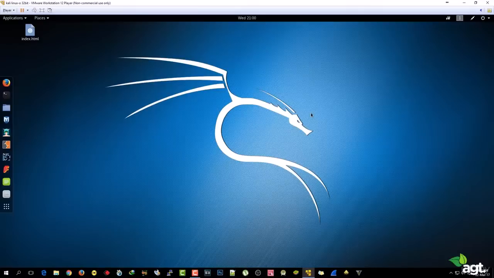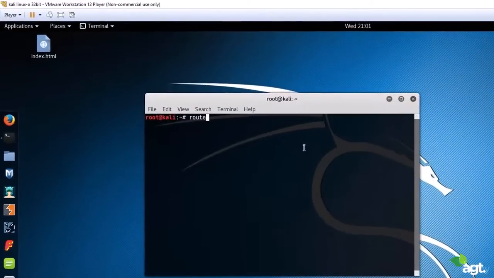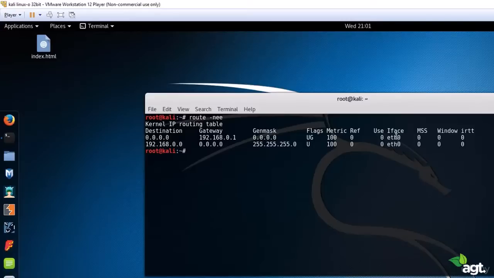So here I'm using Kali Linux 2016.2 on my VMware workstation. Now what I am going to do is click on the terminal and see the gateway of my router, or you can say the IP address of my router. For that I will simply type in here route -nee, and here you can see guys, I am connected via Ethernet cable, and I am assuming that this is the hacked router and its IP address is